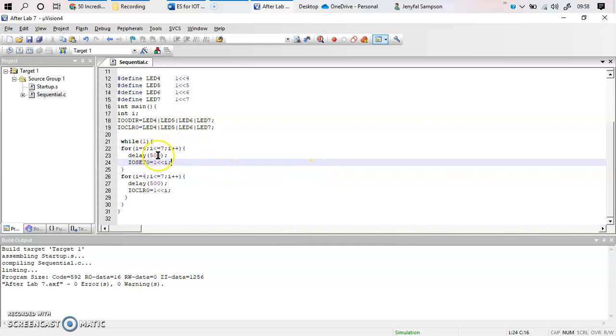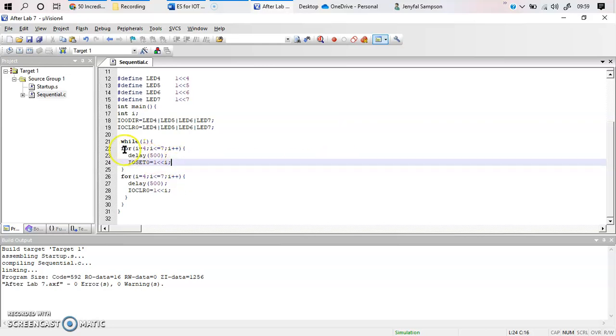Now you're going to increment I, which becomes 8. Is 8 less than or equal to 7? It is false. So what is going to happen? These lines will not be executed and it will come out of this particular loop. So you can see that 4, 5, 6 and 7, all these bits have been incremented and enabled one after the other.